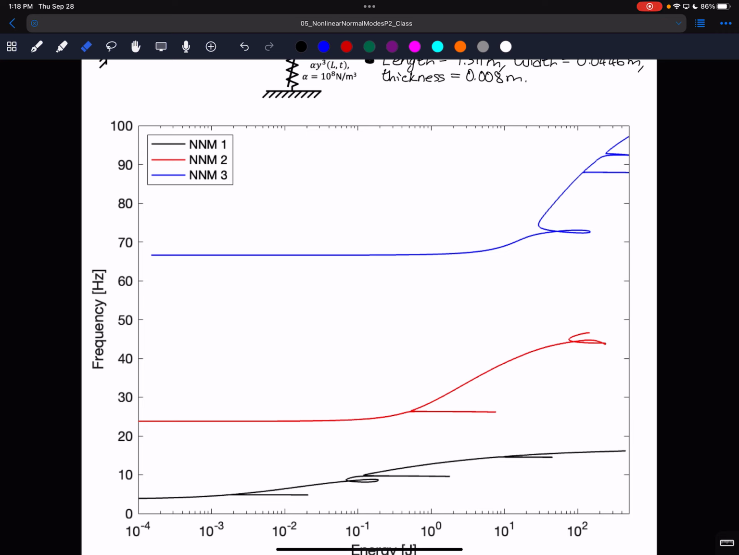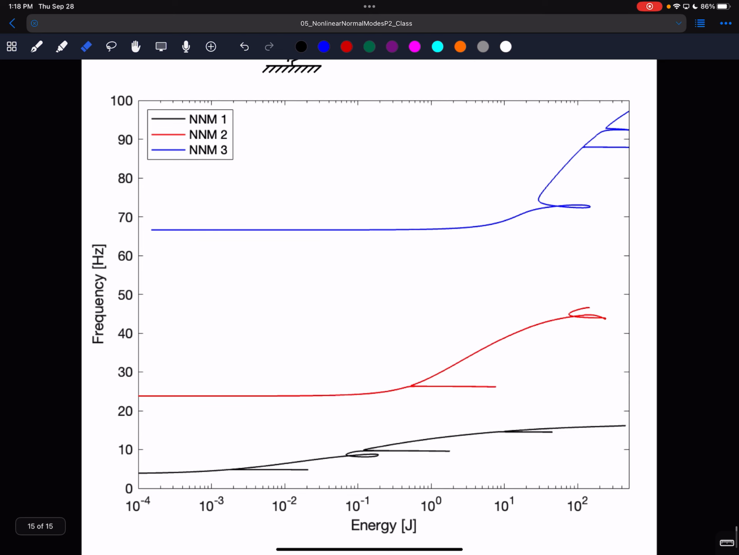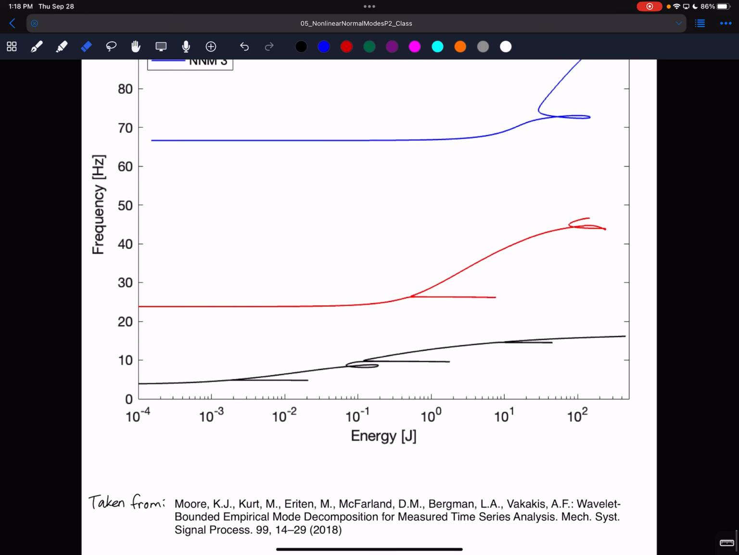But again, you get all these different tongues and they show up in these different NNMs. Here I'm only showing the first 3, but when I did this research, I computed all the way up to the 9th NNM using this technique. And so they're all there, and they all have different types of internal resonances to show up, and you can then study those as well. We will use methods like the wavelet-bounded empirical mode decomposition to analyze these internal resonances from simulated signals as well as real experimental signals. Okay, and with that, we